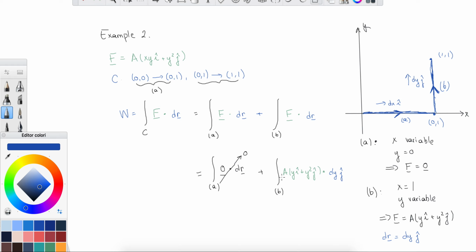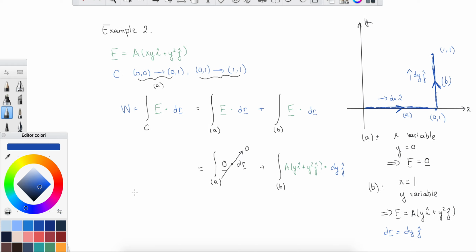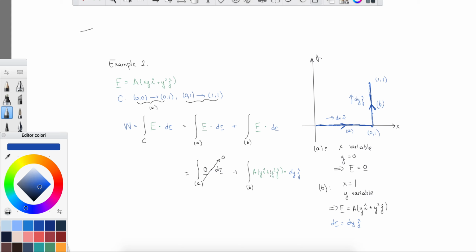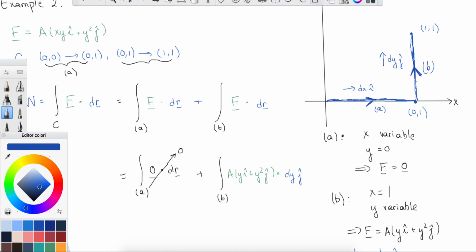And let's evaluate the dot product. So the I component is just going to drop, right? Because in the dr term, in the dr vector, we don't have an I component, so it's going to drop off. Instead, the j component is going to remain, obviously, so we end up with the integral of y squared